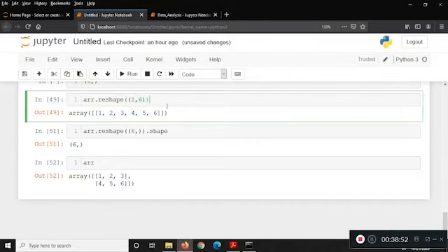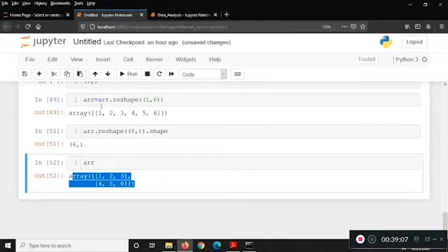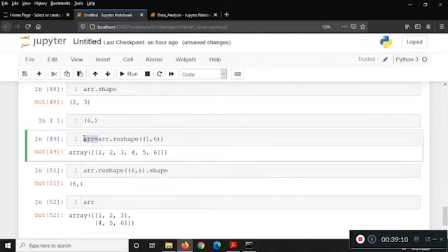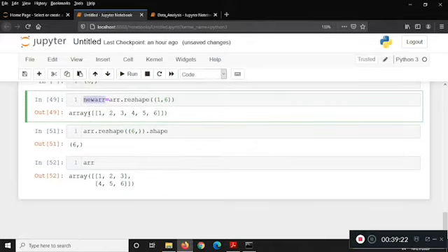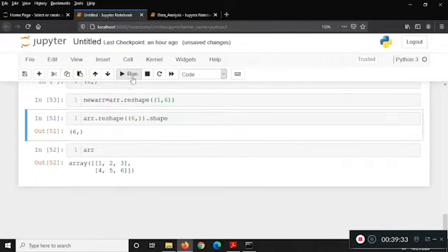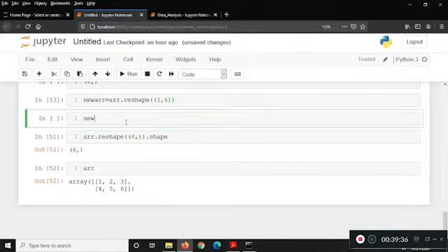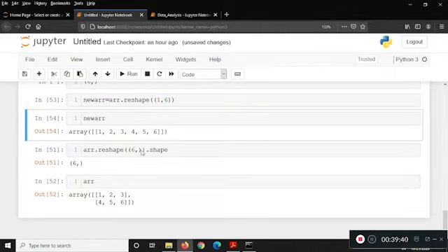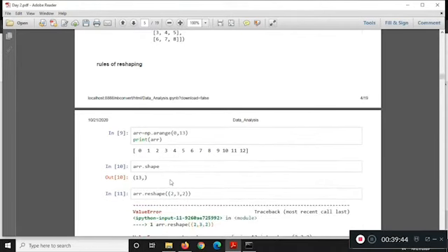अगर आपको परमानेंटली इसे चेंज करना है, तो ये जो आपका रिजल्ट आया है, इस रिजल्ट को आपको ARR में रीअसाइन करना पड़ेगा. सो नाउ ये वाला एरे आपका फ्लश हो जाएगा, आपका यहाँ से बाहर निकल जाएगा और उसकी जगह ये जो आपने कन्वर्ट किया है ये एरे इस कंटेनर में जाके बैठ जाएगा। और एल्स अगर आपको अपना एरे इंटेक्ट रखना है, ये एरे को चेंज नहीं करना है, तो आप किसी एक वेरिएबल में इसको सेव कर दोगे, न्यू एरे करके, राइट। इसको रन करोगे, सो नाउ योर न्यू एरे विल बी लाइक दिस, इट्स अ 2 डायमेंशनल एरे।